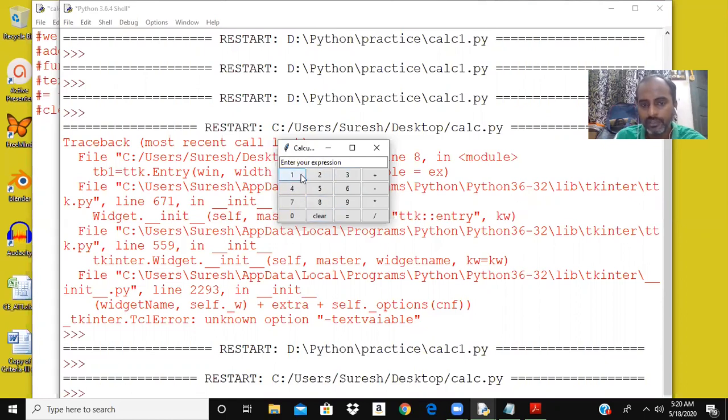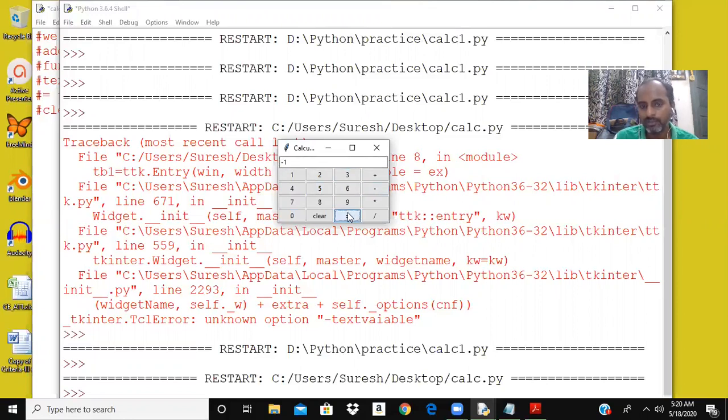some buttons. Okay. We have digits 0 to 9, plus, minus, into, divided by for operators, clear, and equal to. Let me see what happens when I click on a button. When I click on 5, we can see that the text box is changed. The 5 has appeared in the text box. Minus, okay, minus appeared in the text box. 6. So there is an expression 5 minus 6 in the text box.